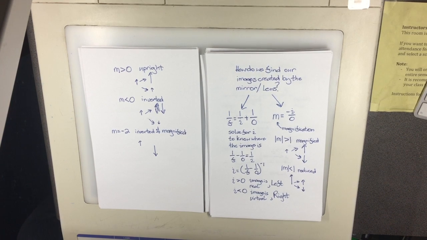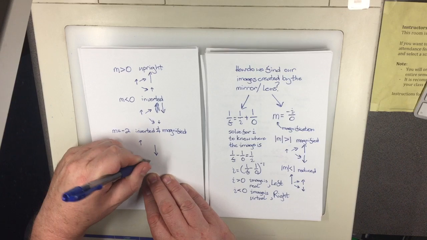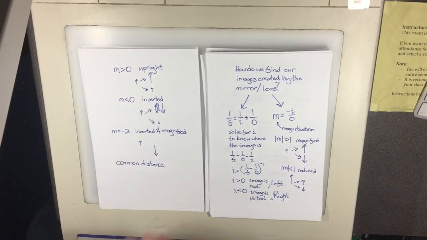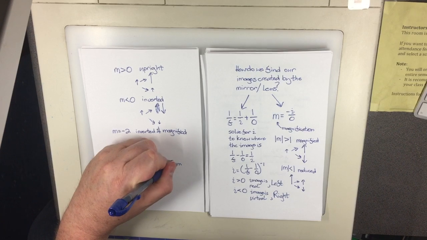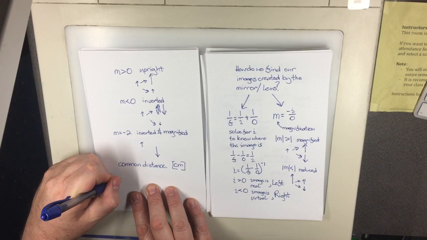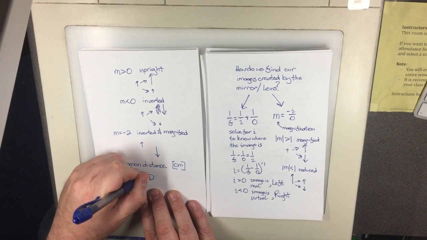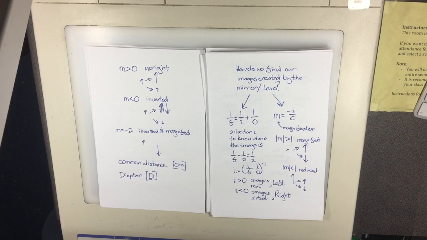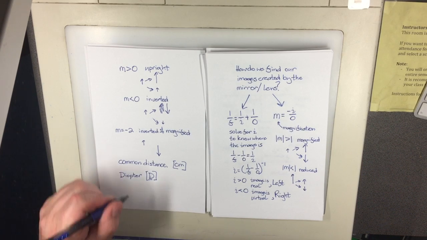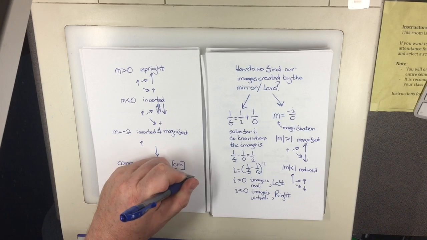Now, we haven't dealt with any numbers, but the common distance unit that we'll be using, and the reason why we use it is because when you do the lab, we typically measure in centimeters. There is another unit that we'll be using, a diopter. They just use D for it. And we'll go into more detail about this tomorrow. One diopter is equal to 1 inverse meter